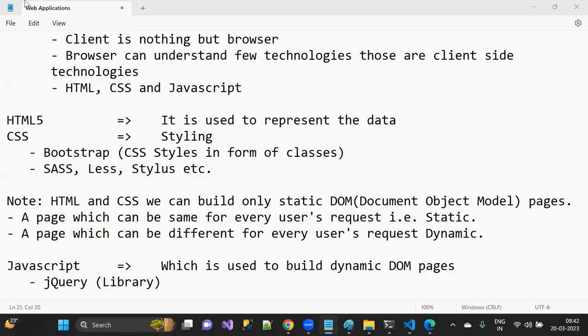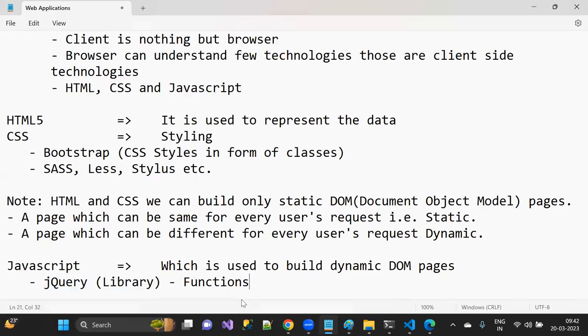So all of a sudden, what happened? jQuery is a library. And from that particular library, we have what? Functions. Simply, I can say that this is a collection of functions. And those functions are predefined functions. Once those functions are used, the application is working fine.